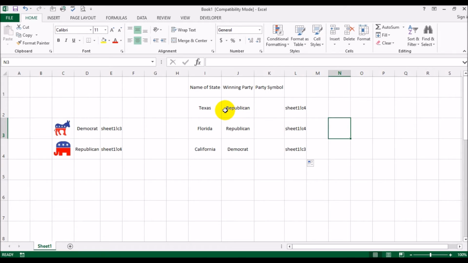Okay, so you see Republicans is sheet 1 C4, Republicans C1 sheet 4, Republicans C1 sheet 4, Democrats on the other hand sheet 1 C3. Okay, now what we want to do is define three, since we're just doing 3 states, we'll define 3